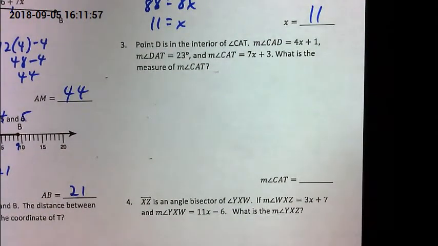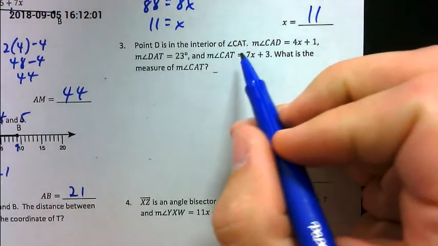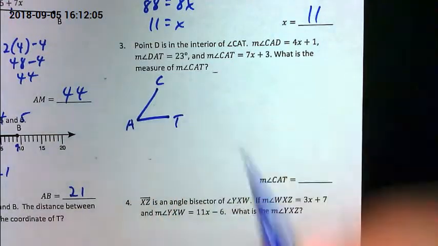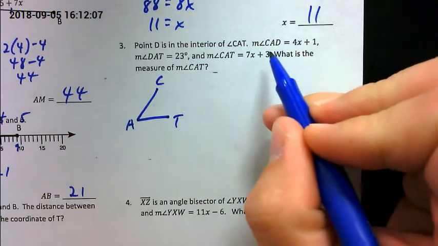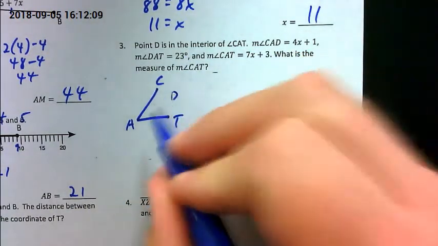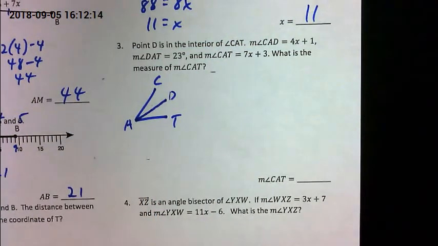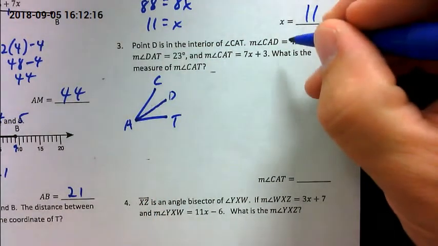Point D is in the interior of angle CAT. So CAT, I'm going to draw that first. Here's C, here's A, here's T. Then it said D was on the interior, so D is somewhere inside. Don't know exactly where. Doesn't say that these are equal in any way, so we're not going to label anything